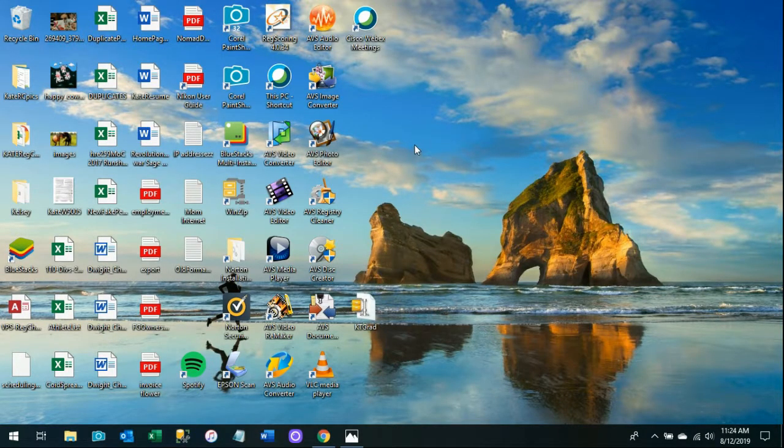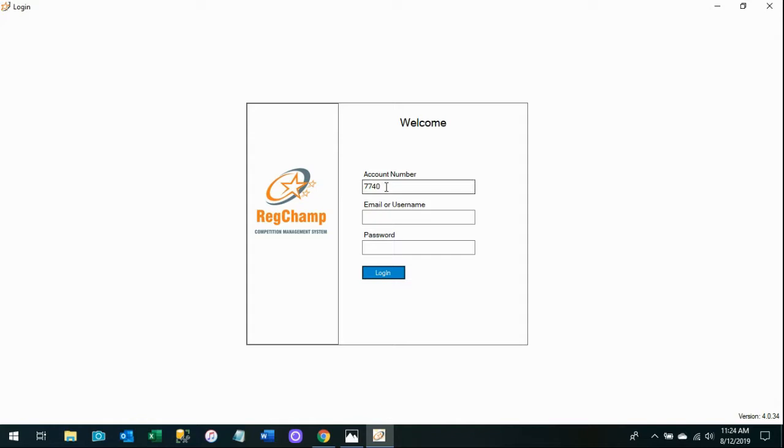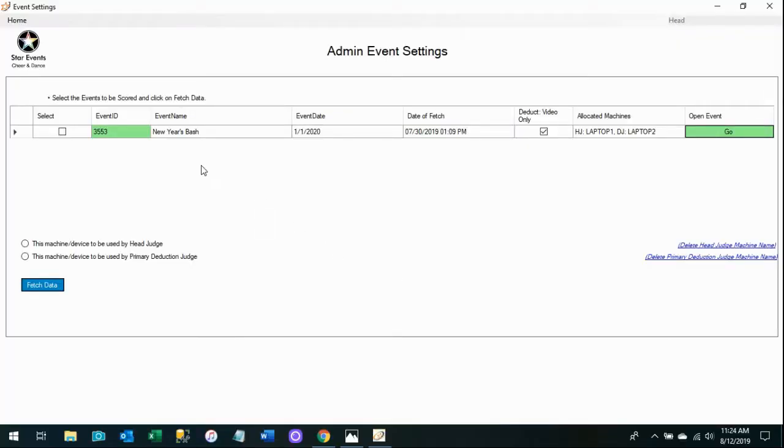But to do the video scoring then, so here on our desktop is RegScoring. First we log in as the head judge or your regular admin login with your regular account number. This machine, in this case, is not going to be used by the head judge. It is only going to be used by the